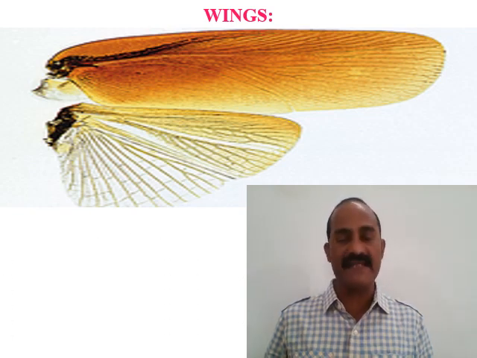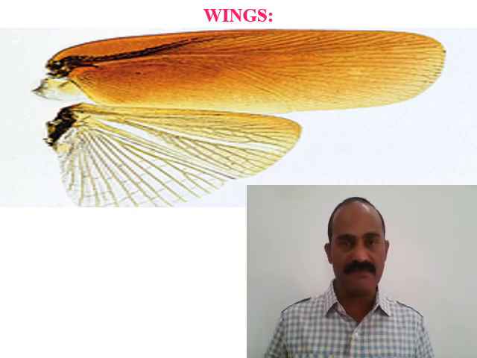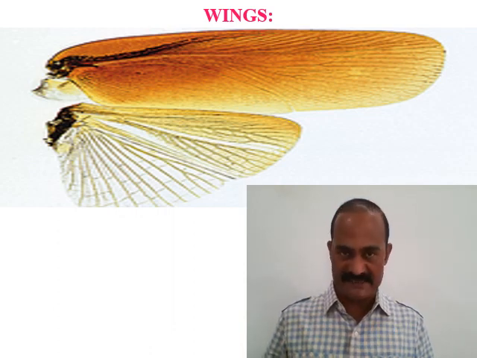Now the first pair of wings is dark brown, leathery and opaque, and it is only protective. It is not helpful for flying, as it is a little heavier. It is unable to fly with the help of the first pair of wings. Cockroaches are not famous for their flight because the wing muscles provided to both pairs are very weak, and with these weak muscles the cockroach can fly up to 2 to 3 feet, or even 5 feet at a time, whenever the life of the cockroach is